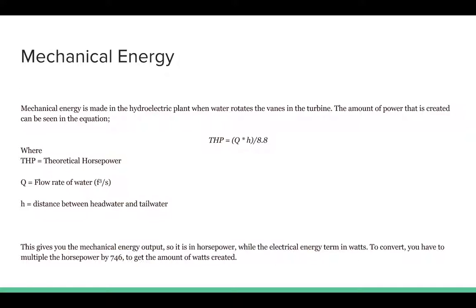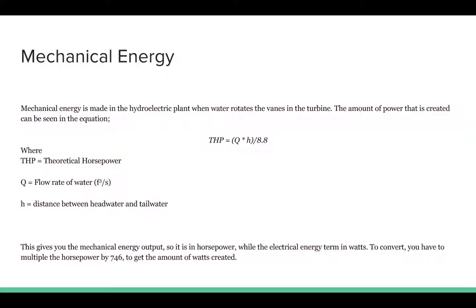Next, we have mechanical energy. Mechanical energy is made in the hydroelectric plant when the water rotates the vanes in the turbine. The amount of power that's created can be seen in the equation. Theoretical horsepower is equal to the flow rate of water times distance between headwater and tailwater, or height, divided by